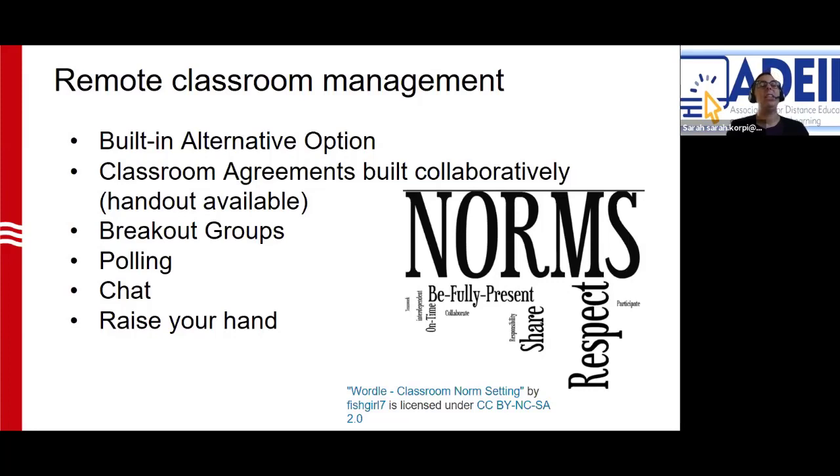And it's important to note, I think here, since it is a language class, when we are setting norms of behavior, I do use English for that. I am a believer in using the target language in class whenever possible. And also, there are times when using English is more efficient and effective and in line with the goals. So it's really important to me to think about the goals of the activity. The goal of setting classroom norms in a classroom agreement is that everyone understands how we're going to be together in the classroom. So it's not as important to me that everyone can communicate about that in German.